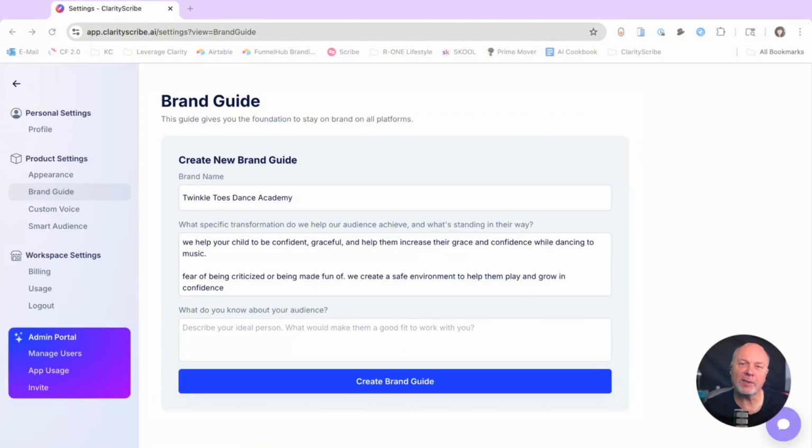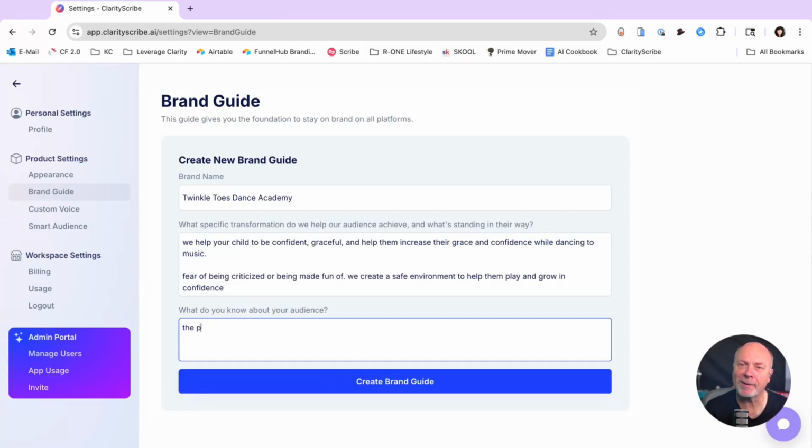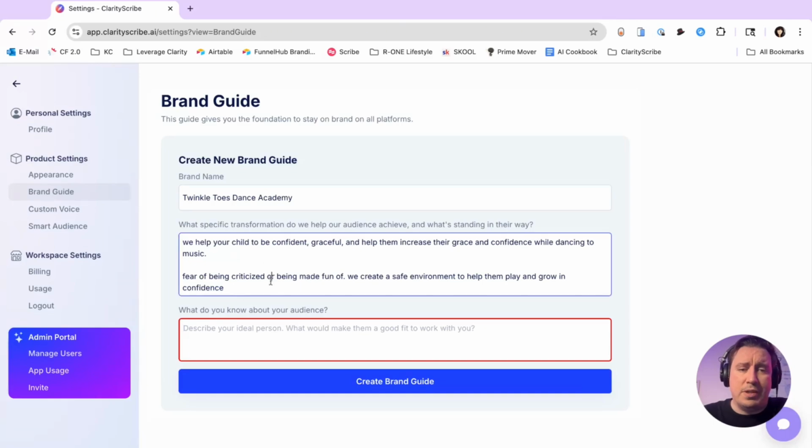Many parents bringing their children to a class like this may have experienced some bullying or embarrassment, but we probably don't want to bring that up in the first round. Let me back up and try again. We could go more simply: these are parents who want their kid to have more confidence.